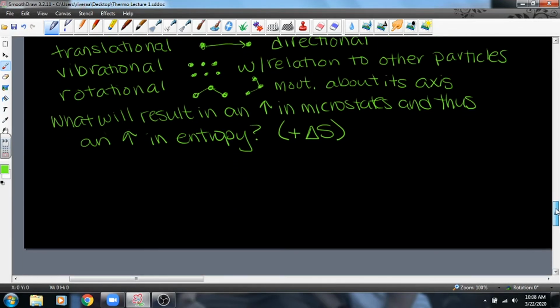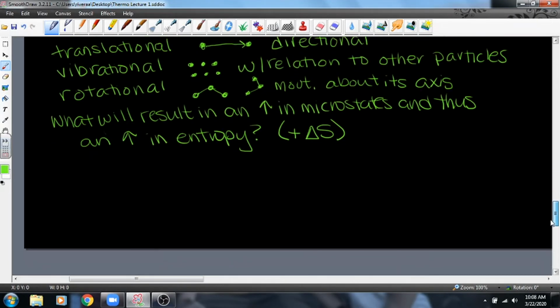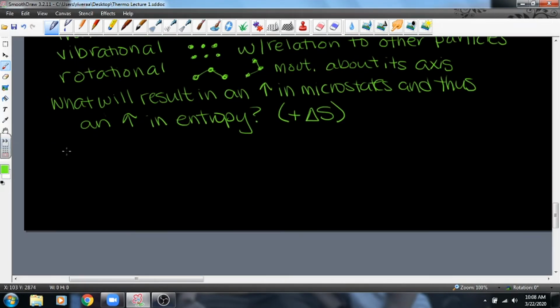So what will result in an increase in microstates and thus an increase in entropy? There are a couple of things that are going to cause something to have more internal disorder and microstates for a sample. So let's think about what some of those things are. Certainly, a solid becoming a liquid, a solid becoming a gas, a solid being dissolved in solution, that's going to